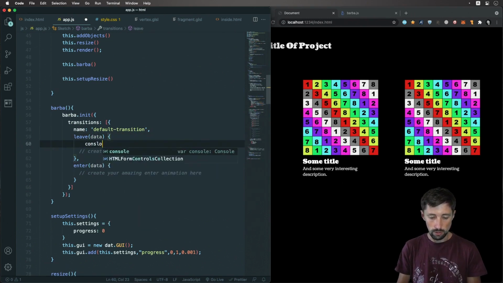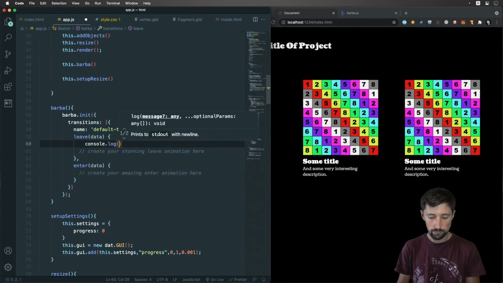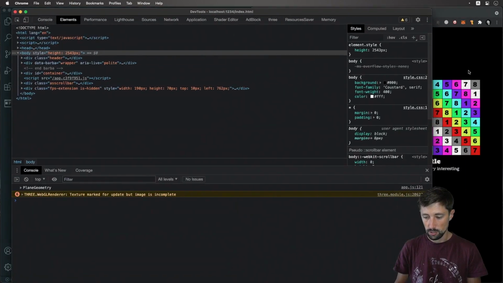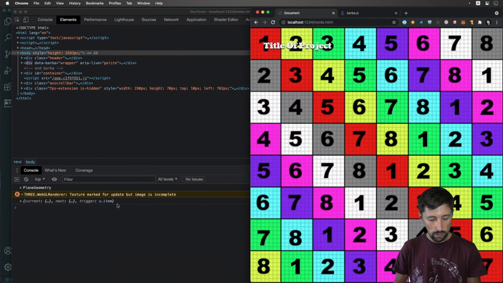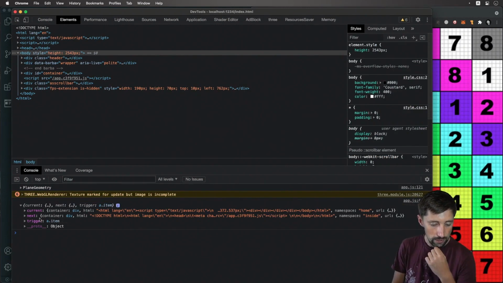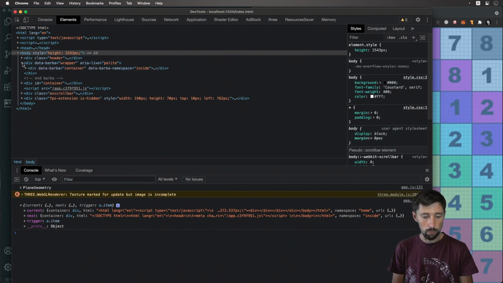I can console log this one for a second, just to see what we have there. Let's click, and we see this object. It has the current, the next, and the trigger. We are mostly interested in current and next, and specifically the containers,